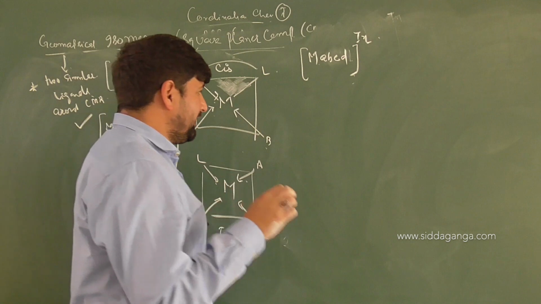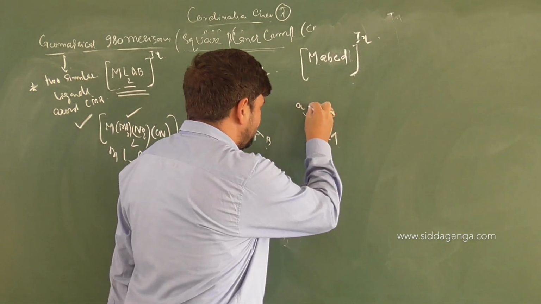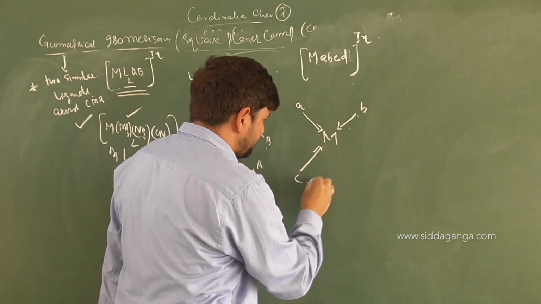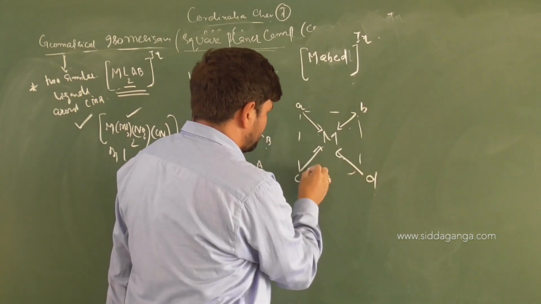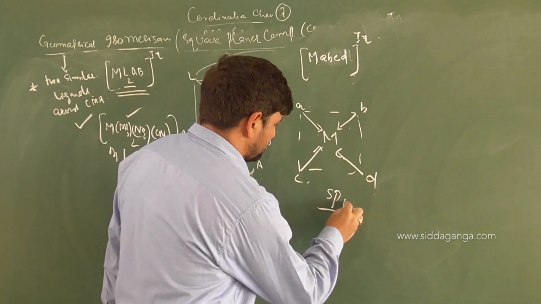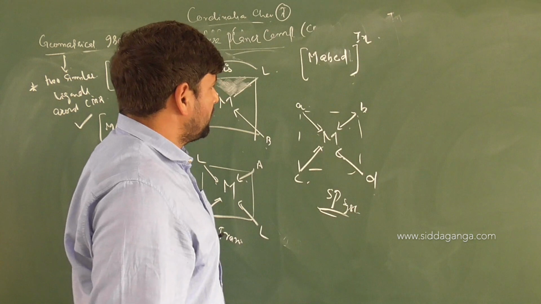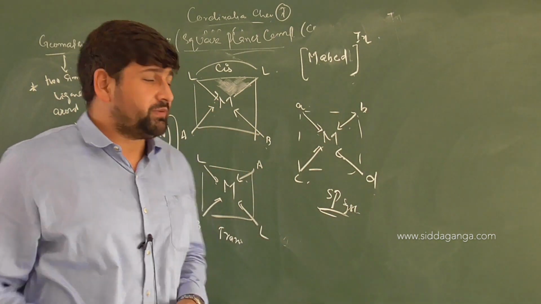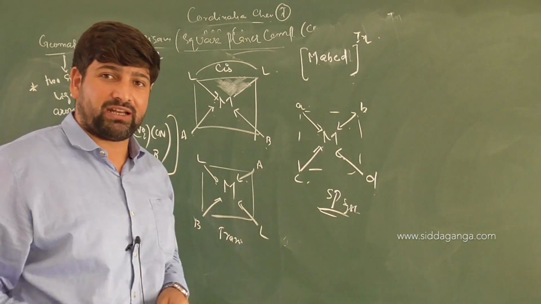Yes. First of all, it is square planar. So around M, we will arrange the ligands A, B, C and D. These are the ligands surrounding it. So we have a square planar system. It is not sp3 hybrid, it is a square planar system. Now in this case, when four different ligands are attached, our basic condition of two similar ligands on the same or opposite side is not applicable here.